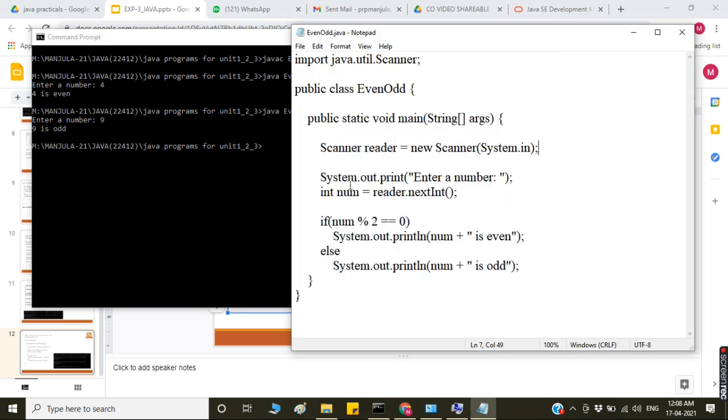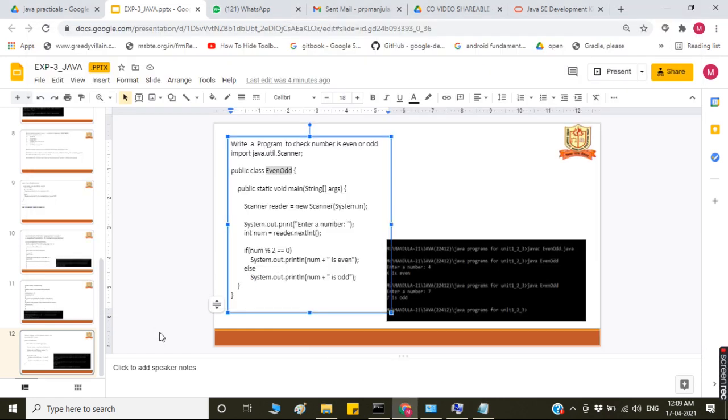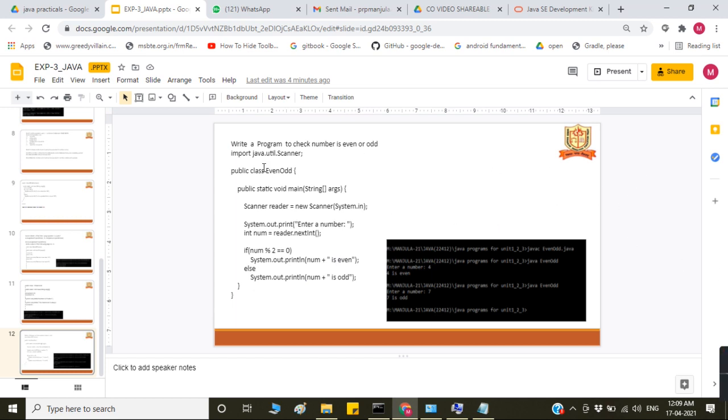Is it clear? So the entered number is even or odd, it will check. So this is about the if-else statement. If the condition is true, the statement inside if will be executed. If the condition is false, the statement after else will be executed. So this is about experiment number 3.